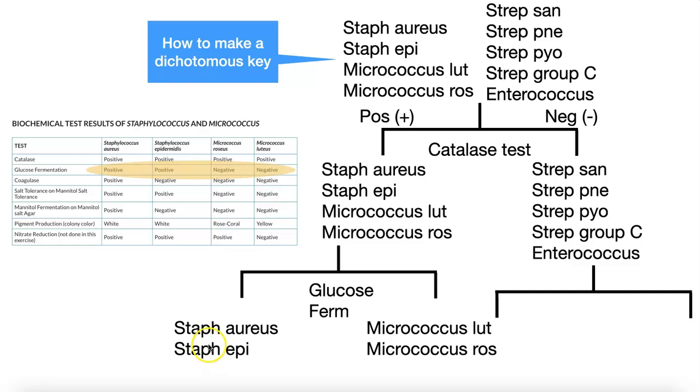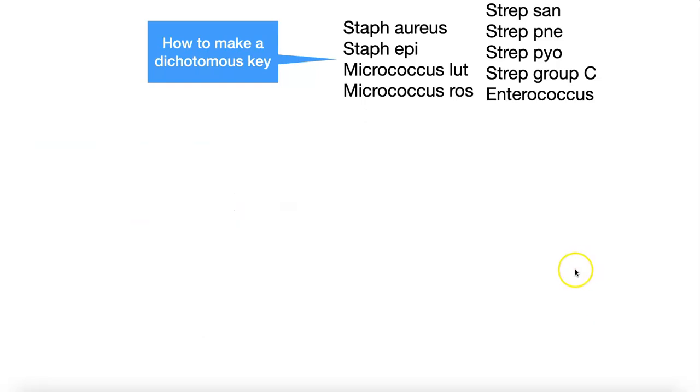And what this doesn't show is there would be another test that you would propose under this one. So you'd have to ask the question, what test could I do to identify between these 2, Staph aureus and Staph epi? But then you'd also have a dichotomous key branching that comes from the 2 micrococcal species. So what test could I do to differentiate those? And then, of course, we haven't even talked about it, but there is a biochemical table that helps you identify the strep group. And so that too could be